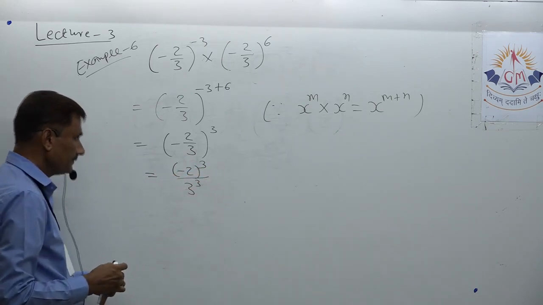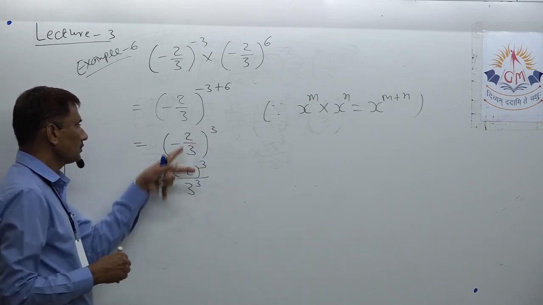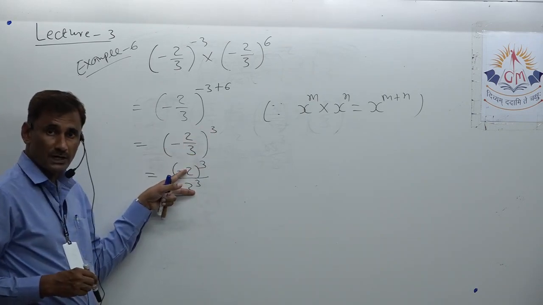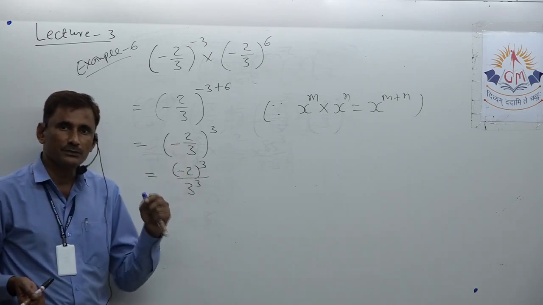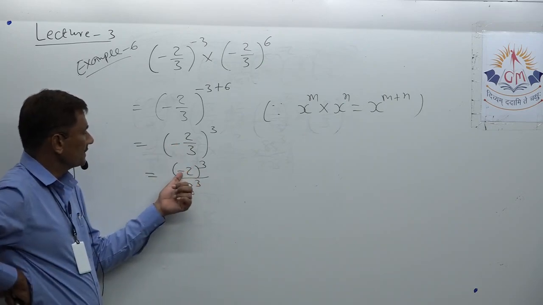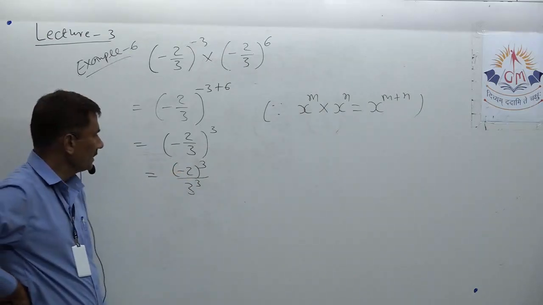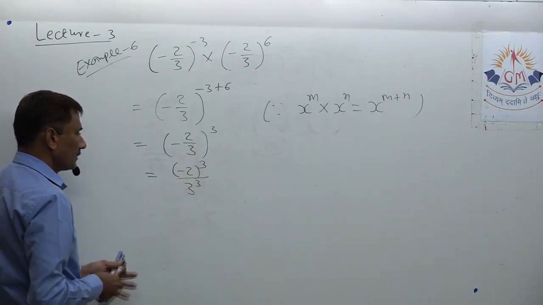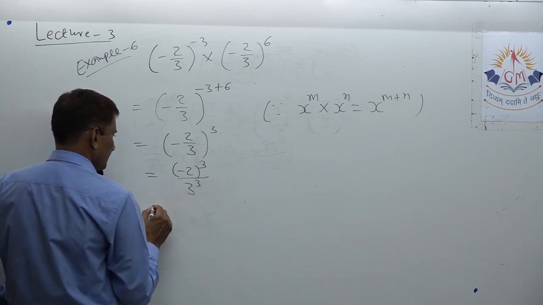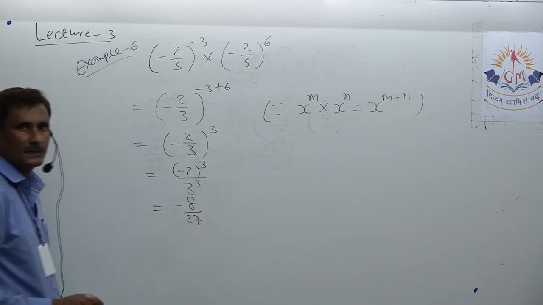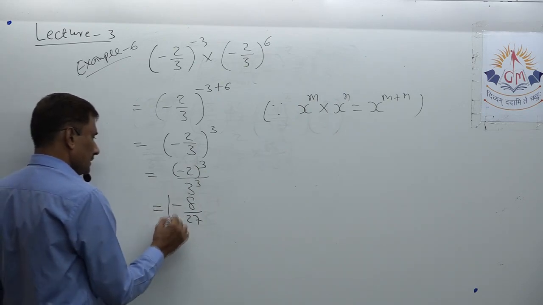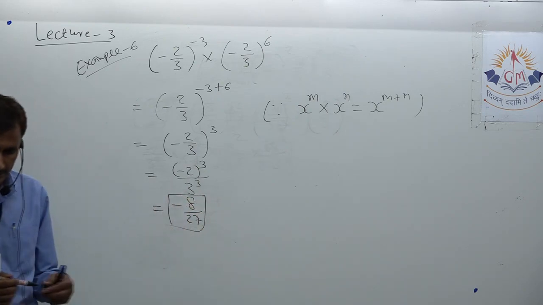Okay. Now you can know it will be minus 2 raised to 3 over 3 raised to 3. As I told you already, bracket is open, so the exponent applies to both, and negative fraction means numerator is negative, so 2 is negative here. So both cubes we have to write here, so it becomes minus 8 and this becomes 27. So minus 8 upon 27 is our answer.